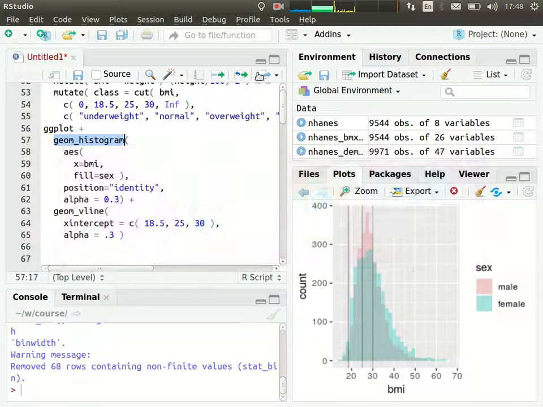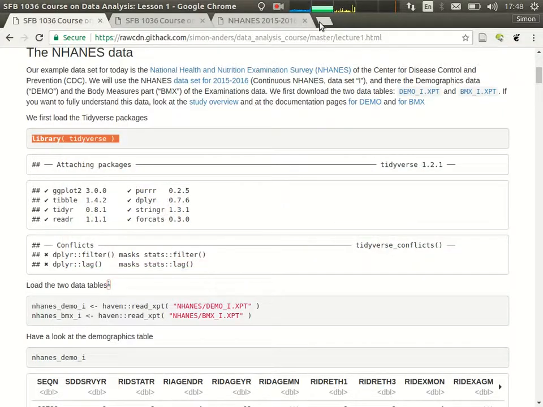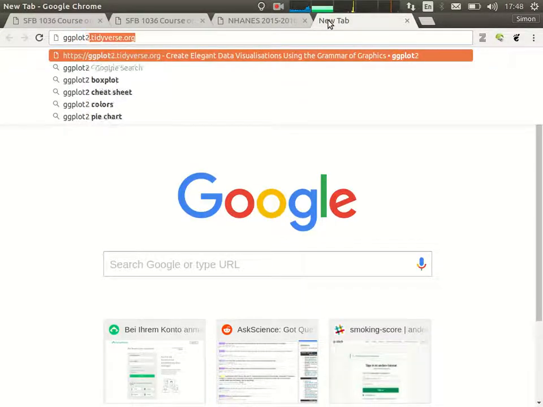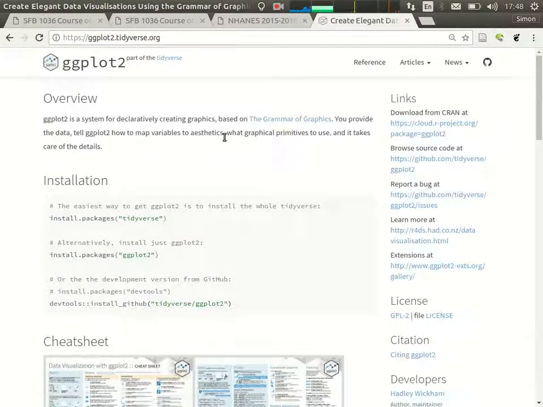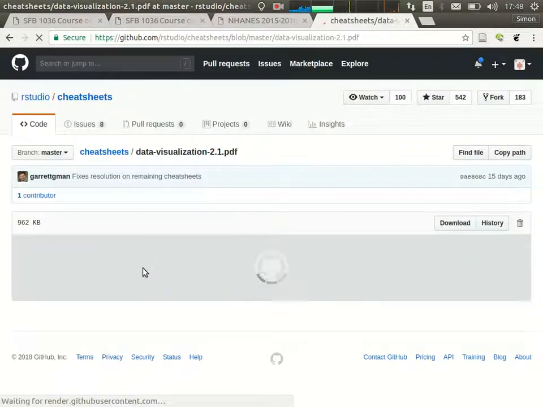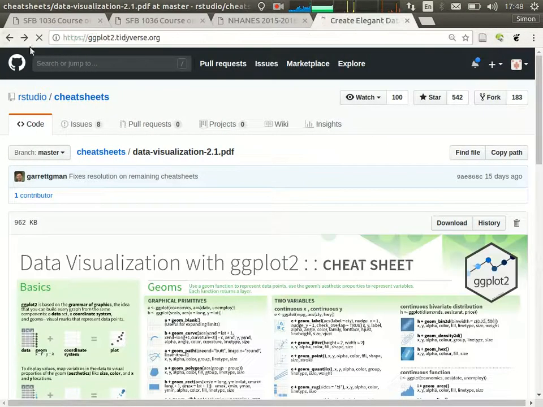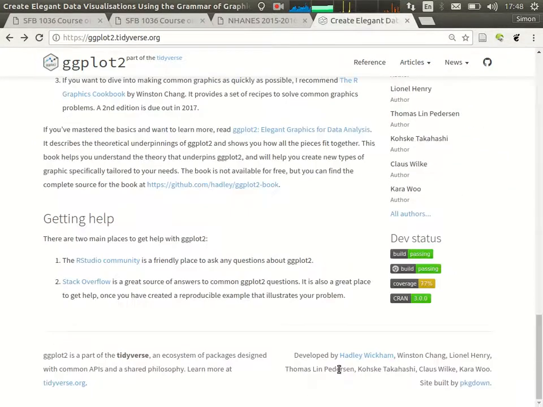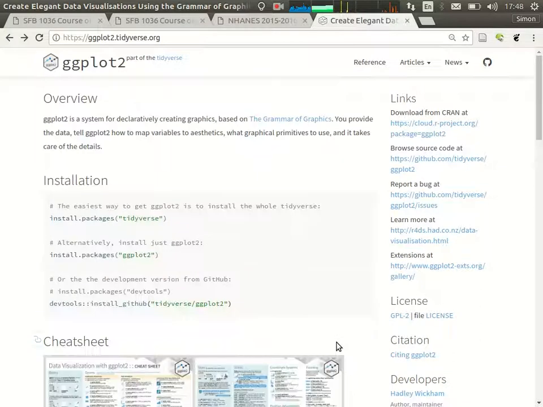How do I change them? Your most important thing is then, of course, Google in a way. If you look here at the ggplot2 page, one thing that it gives you here is this big cheat sheet, which is a little A4 page summarizing all the geoms and how to use them. The other important thing is that it has loads of little